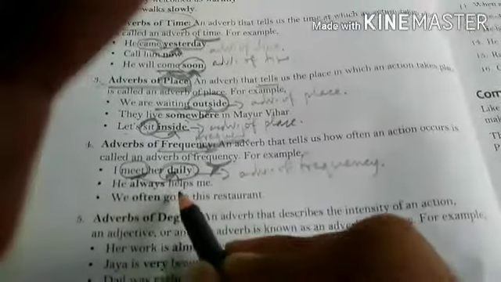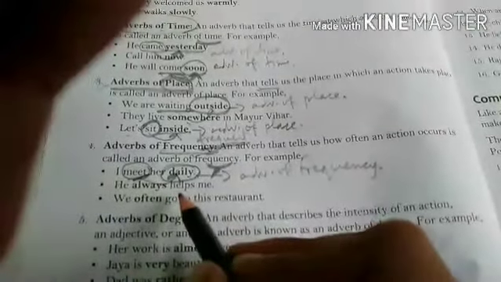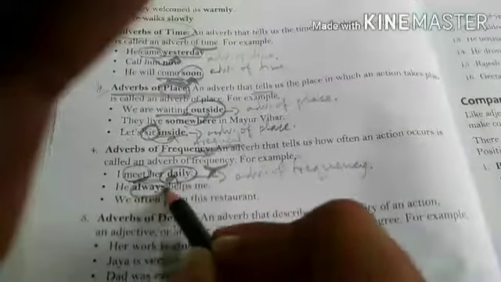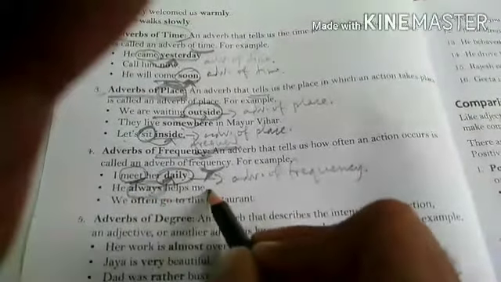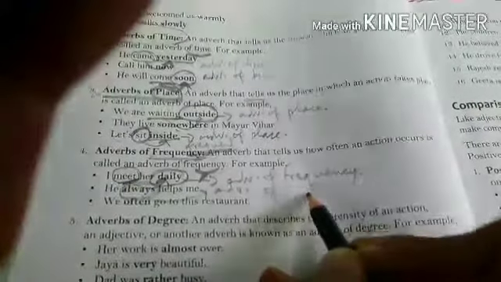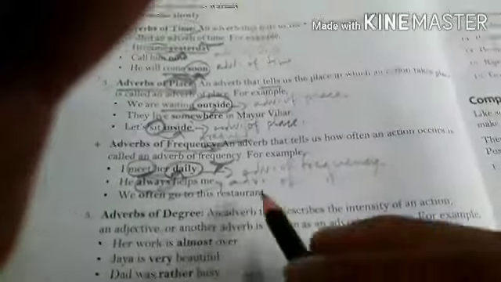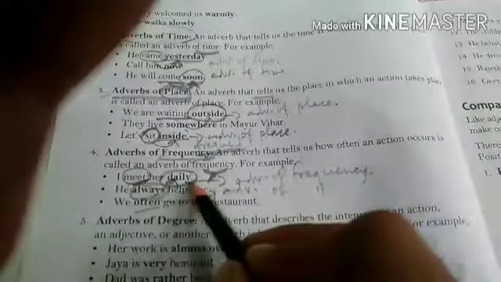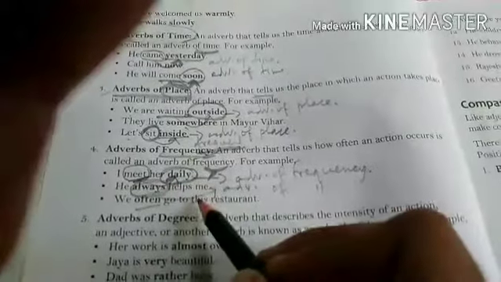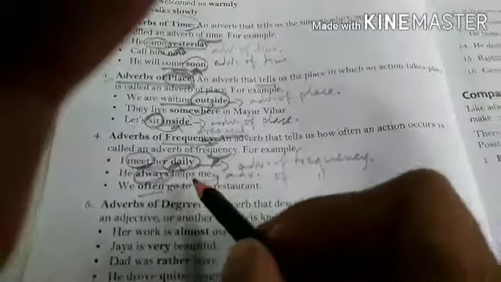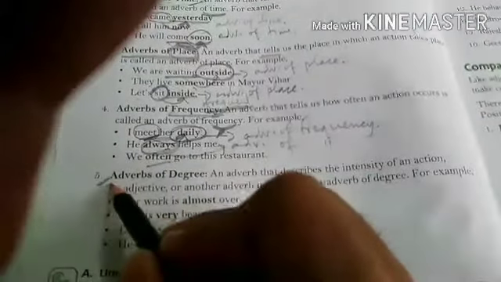He always helps me. How many times does he help me? Always. So how often does the action take place here? Always. So this is adverb of frequency. Okay. Like often, always, daily, never, sometimes, many times. All these are the examples of adverbs of frequency. Now, the another kind of adverbs here which